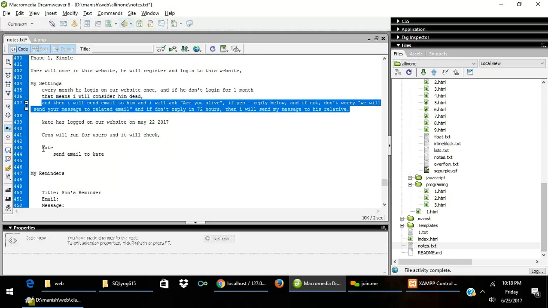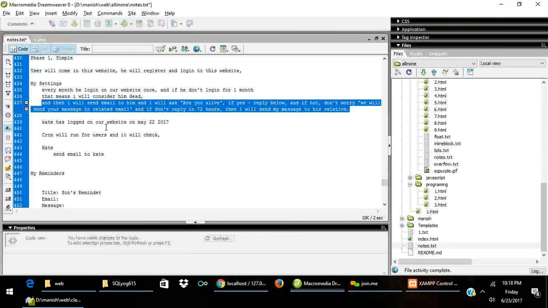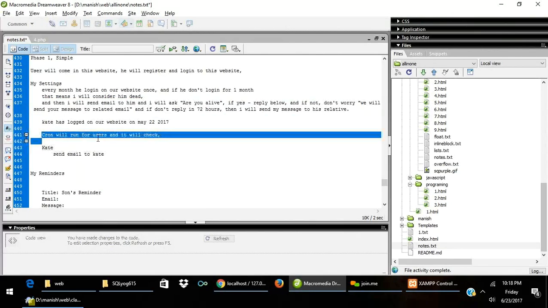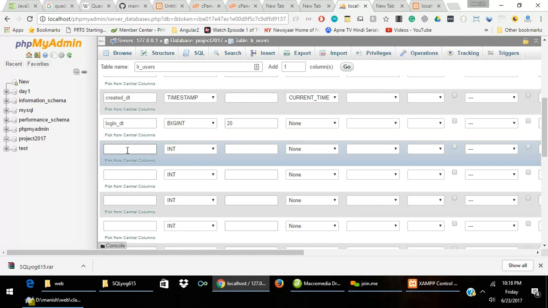So based on this login date, my cron will find out that Kate has not logged into the website. But once the cron sends the email to Kate, we should also flag it here that email is sent to Kate. So don't send this email again tomorrow. Are you getting me? Yes. Let's say Kate did not log in for 1 month. I send email to Kate, but